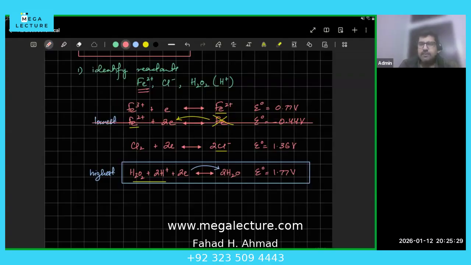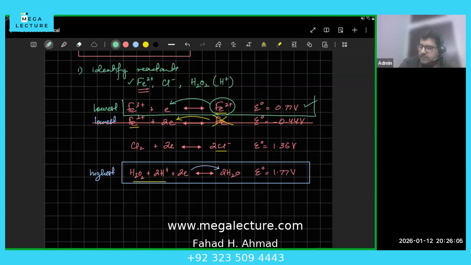It would be a pointless equation. Ignoring that, I'm now going to figure out who has the lowest potential, right? So the lowest potential now out of all these reactions is 0.77. So that is the one that's going to lose electrons. That's the lowest. And who's losing electrons? It's Fe2 plus, and we do have Fe2 plus over here.